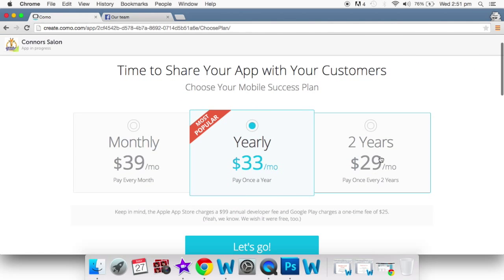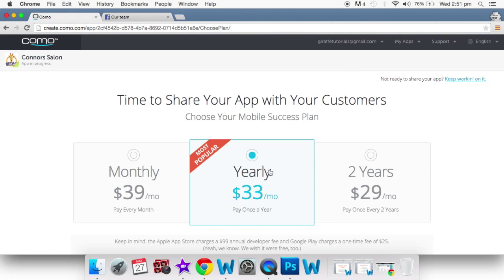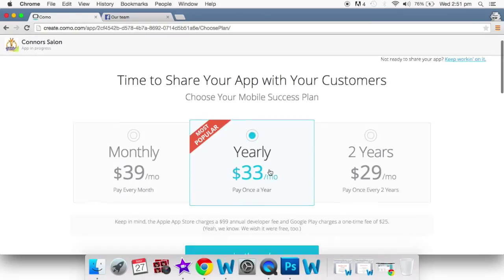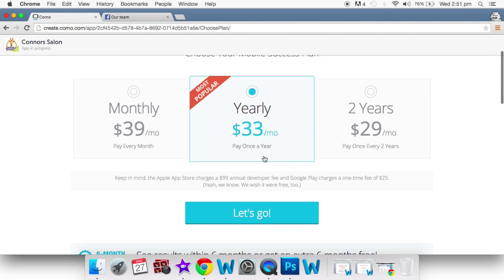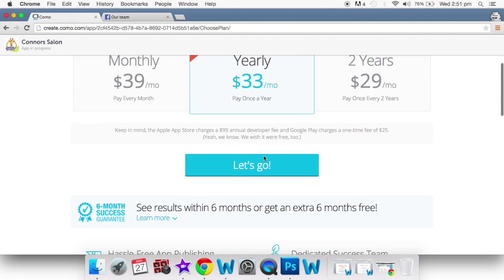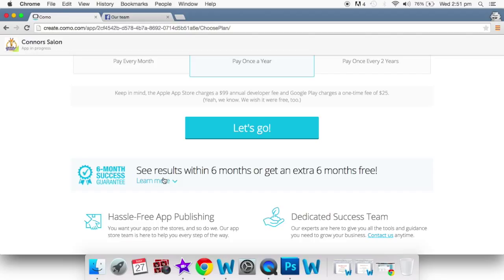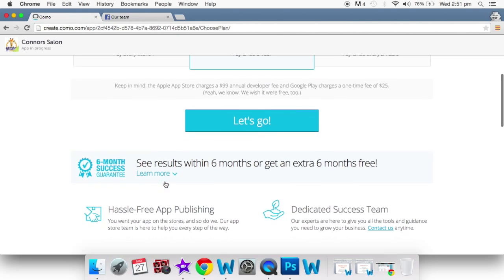So then you'll be taken to this page here where you go through and select what type of payment plan that you want to do. So there's the $39 a month, the 33 or the 29, and that's all depending on how long you want to take out the app for. Now if you scroll down, it also says the 6-month success guarantee. So see results within 6 months, you'll get an extra 6 months free. So just go through and click learn more on that if you want to know a little bit more about